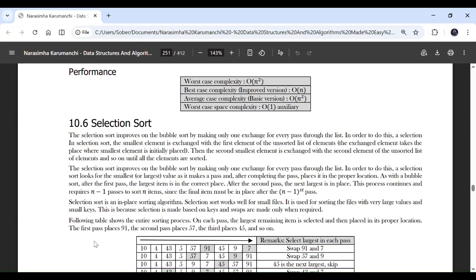Hello guys, here we will discuss selection sort. Previously we discussed bubble sort, but we did not discuss the complexity performance of bubble sort. So let's discuss the complexity of bubble sort. Here you can see the worst case complexity of bubble sort is O(n^2) because of the two loops, and the best case complexity is O(n) because of the one loop,